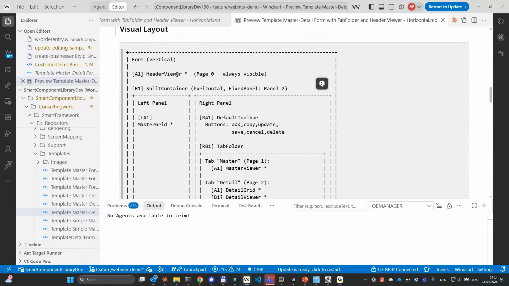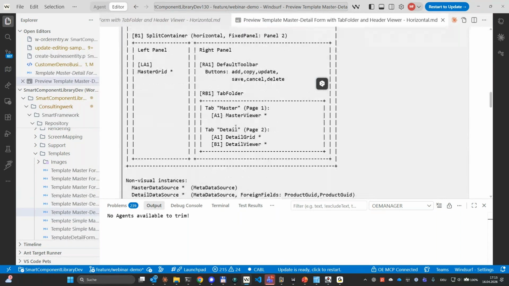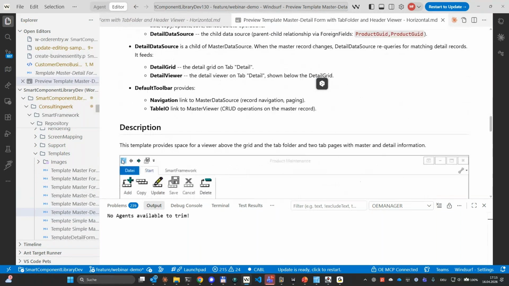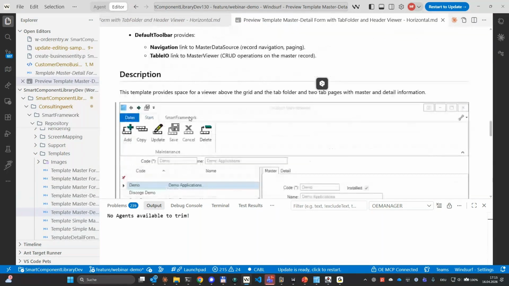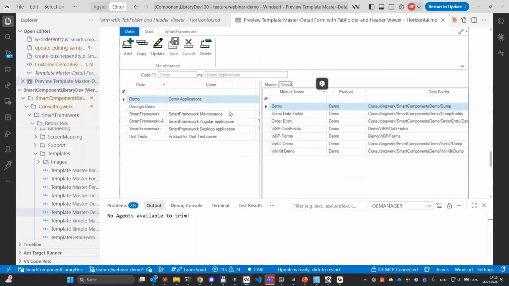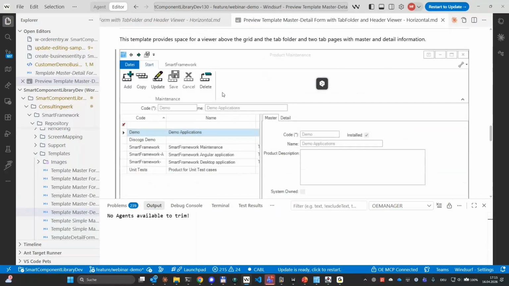So we see we have a header viewer, we have a split container, we have a grid on the left, on the right-hand side we have a toolbar, tab folder with 2 pages with these objects. Then we have a description. This description here can also help the AI to make the decision what's the right thing. I can provide screenshots here in this document just to make this more meaningful for us, deciding whether it's the